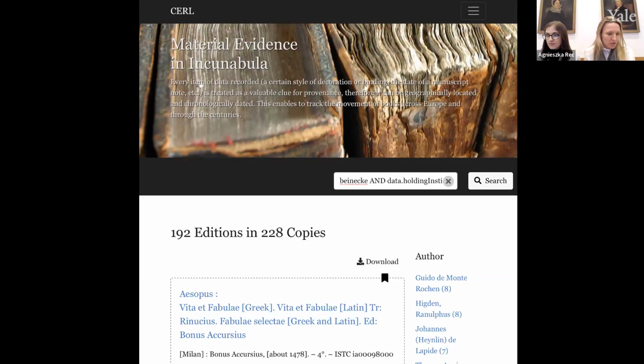Having given you that introduction to incunabula and MEI and to the work broadly, I want to turn it over to Rachel, our wonderful provenance research assistant, to talk about the work that goes into reconstructing one of these stories. Yeah, thank you. And thank you all for being here today. So